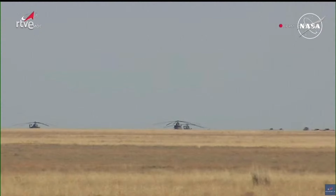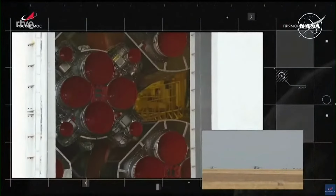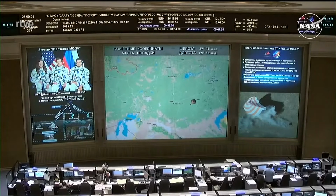Once again, a live view from television cameras at the landing site, southeast of Dzhezkazgan on the barren steppe of Kazakhstan, showing a number of the Russian Mi-8 helicopters as the search and recovery personnel are beginning the early stage of moving towards the spacecraft, ensuring that it is in a safe condition, meaning no toxic vapors emanating from the vehicle,